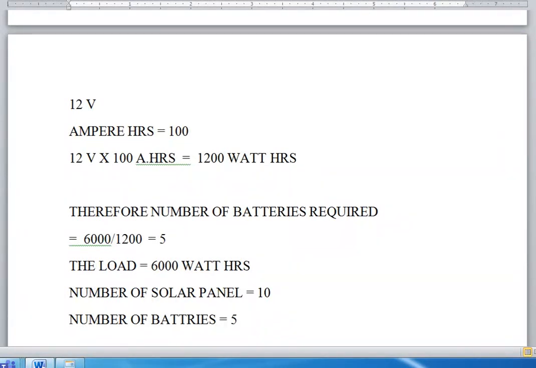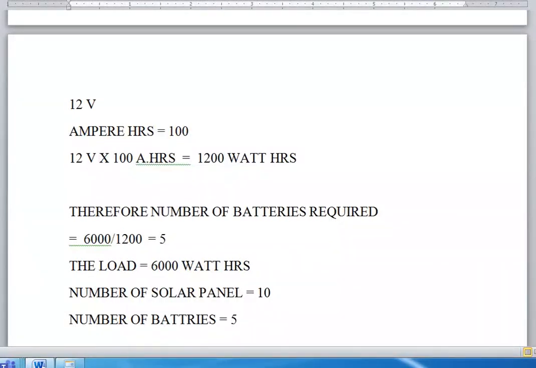So the number of solar panels required is 10. But the point is, can we accommodate 10 on our rooftop? That's a million-dollar question. So then you go for 200 watts. When you go for 200 watts, you are increasing the power per panel, so the number of solar panels decreases. So you can erect your solar plant on your small rooftop, no problem. But at the same time, you should also see the cost factor. So all these parameters are included in this.